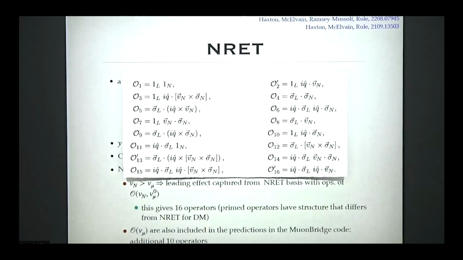All right, so if you also include the V mu suppressed terms, then you have an extra 10 operators. And what I should point out is that this includes the operators that are not suppressed by any velocity suppression, like O1 and O4. There's, for instance, this one also not suppressed, O10, O8, etc. Oh, sorry, not the O4, O10, etc. There's O11, and then there are also velocity suppressed ones. It's all mixed in this notation, but still there's a hierarchy between these operators.